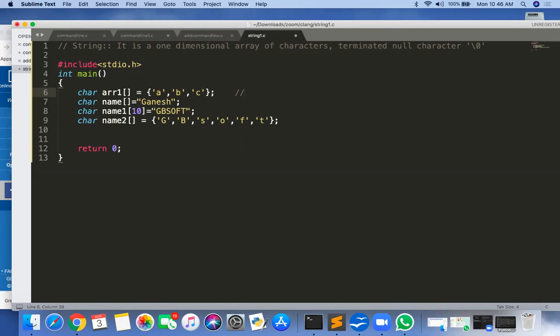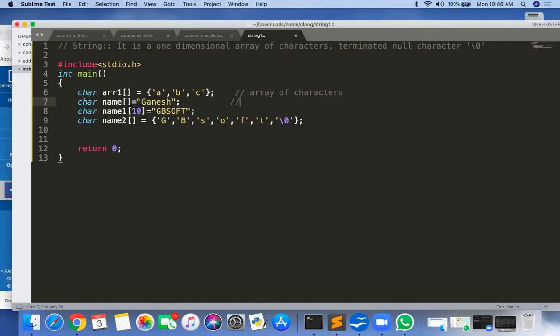Is it terminated by a null character? No, sir, it is not terminated by a null character. If it is not terminated by a null character, then that is known as an array of characters only.